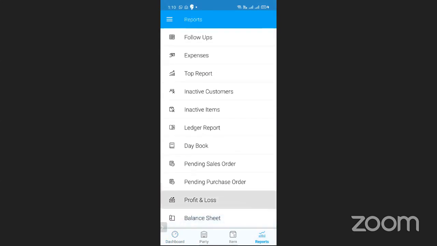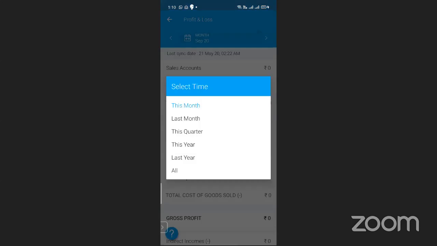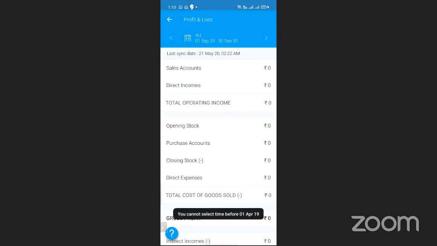If you click on profit and loss, I'll select some period. So I'll select last year data. Last year data is showing.